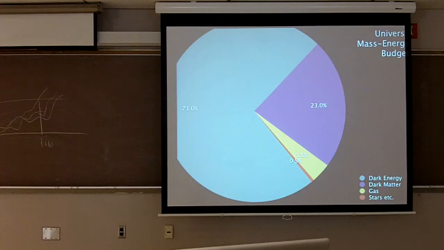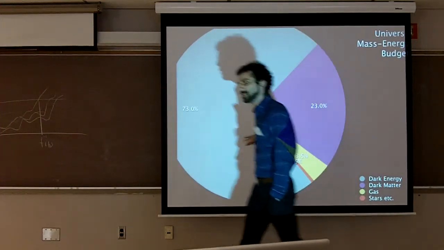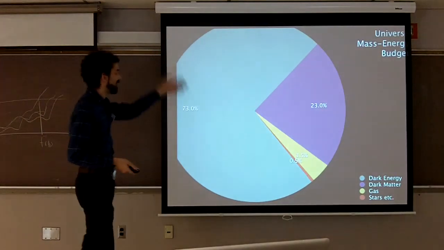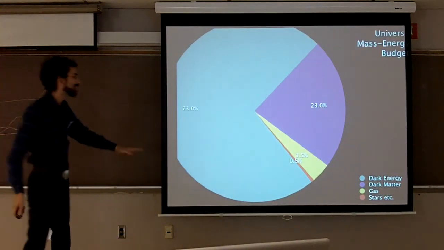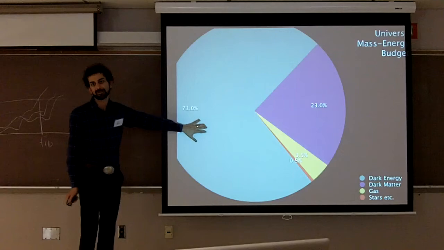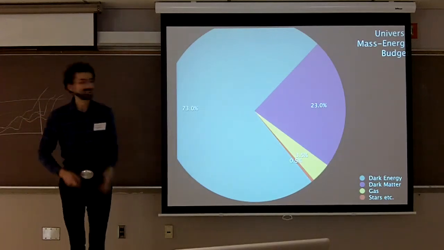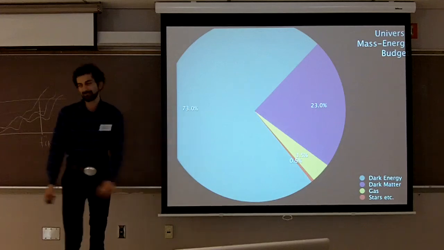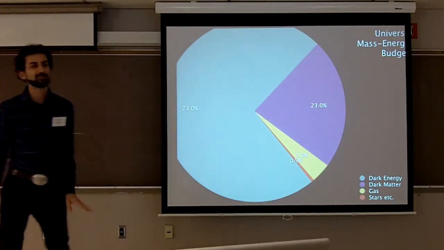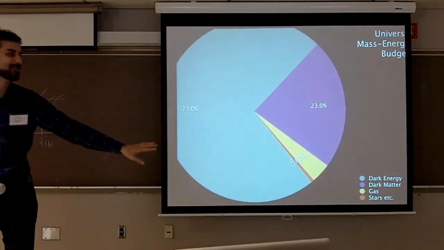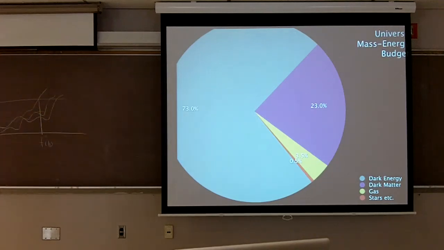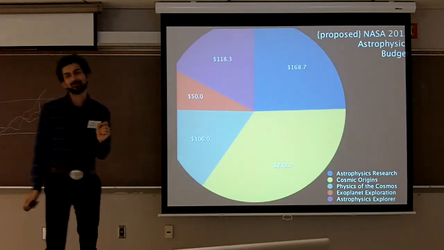Now, I feel like I'm kind of selling you a line here, because I don't think we need to be interested in this stuff equally by unit mass energy. For instance, I'm terribly uninterested in the 73%. This is, as far as I can tell, two numbers, and at some point maybe somebody like you will tell me reasons to be very excited about this, but for now, I'm terribly bored by it. So I don't think this is a terribly good argument for what you should be interested in. This might be a somewhat better argument.